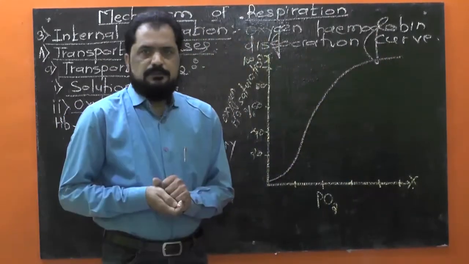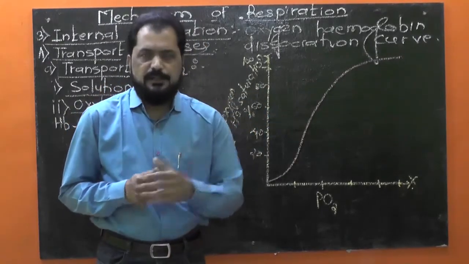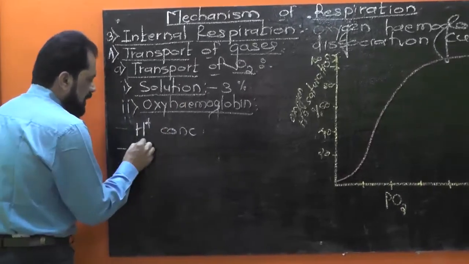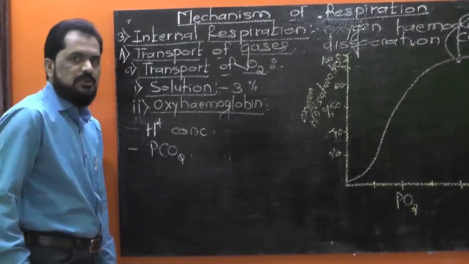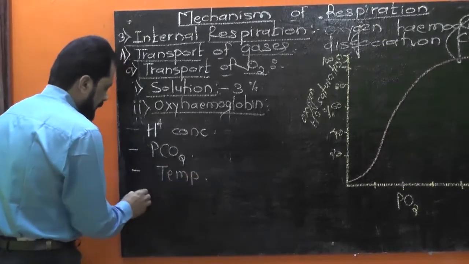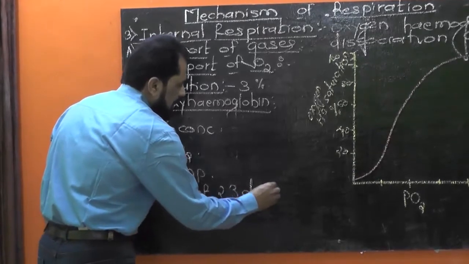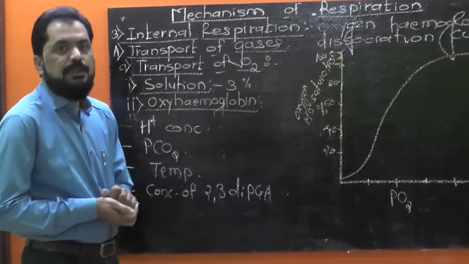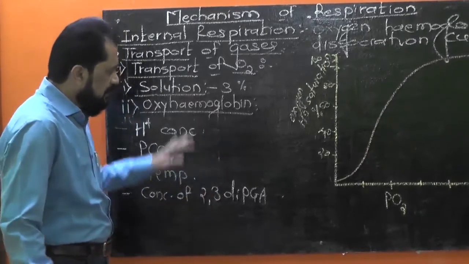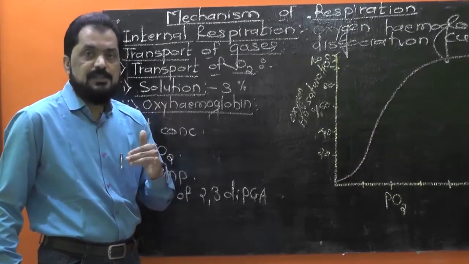in this manner. Now this sigmoid curve, this oxygen hemoglobin dissociation curve, is affected by so many different factors, such as hydrogen ion concentration, PCO2, that is partial pressure of carbon dioxide or carbon dioxide tension, third temperature, and fourth the concentration of 2,3-diphosphoglycerate, 2,3-diphosphoglyceric acid, in RBCs. Now these factors, if one or more of these four factors get increased in the blood,